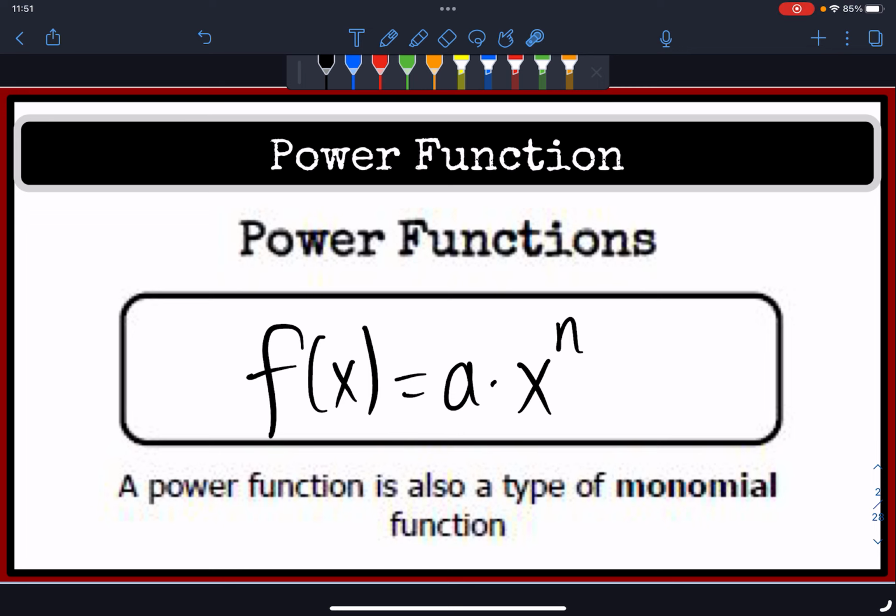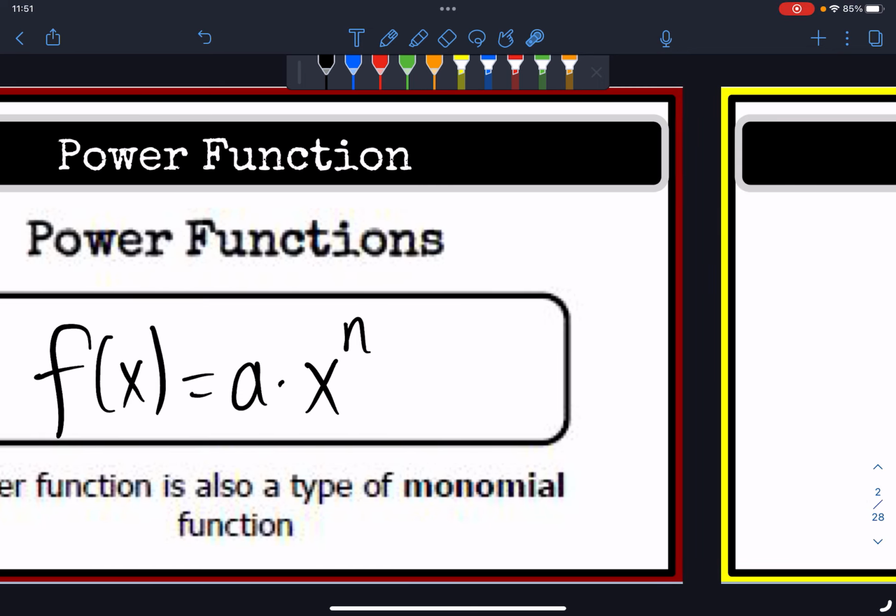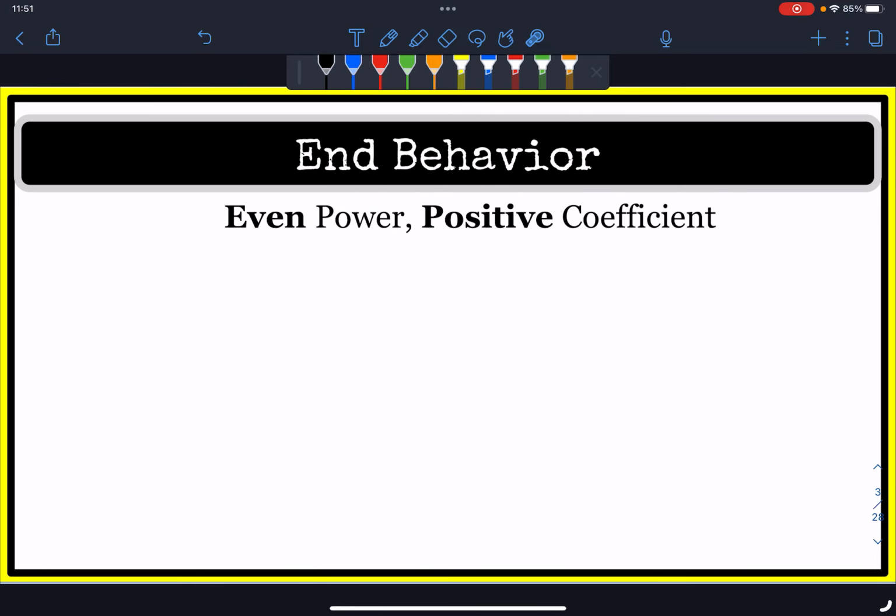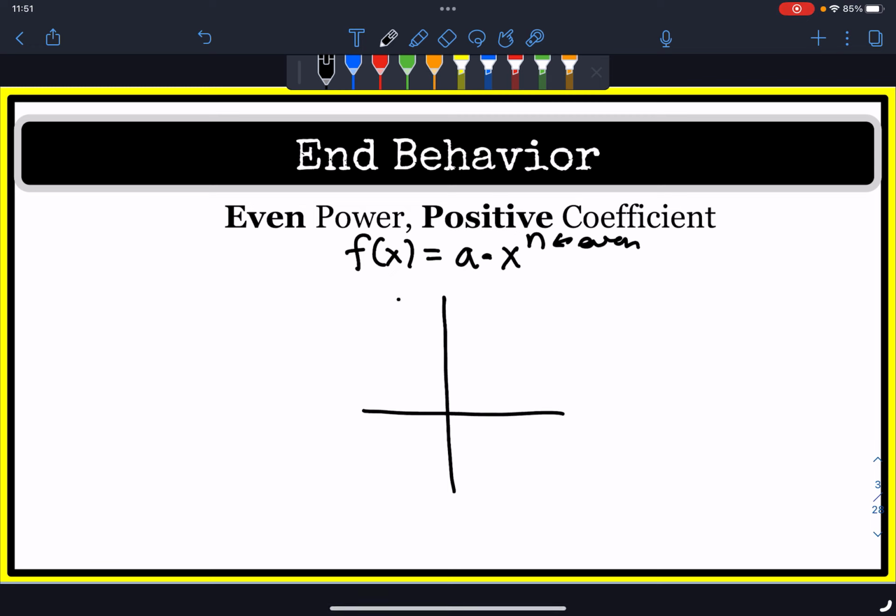So let's generalize this, and let's write this in our notes. So for any power function, f of x equals a times x to the power of n, if this value of n is an even number and we're multiplying this power function with a positive coefficient, then our power function is going to behave like a parabola,